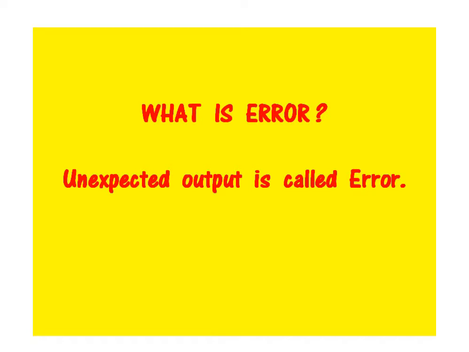Like if you want to perform different operations with the help of different software, all the programs, and due to some reason we get unaccepted results, then those unaccepted results will be called error. For example, if we are performing addition of two numbers like 8 plus 9 equals 17, but due to some reason we get 18, 14, 15 or a value other than 17, this is an unaccepted result, and those types of unaccepted results will be called error.